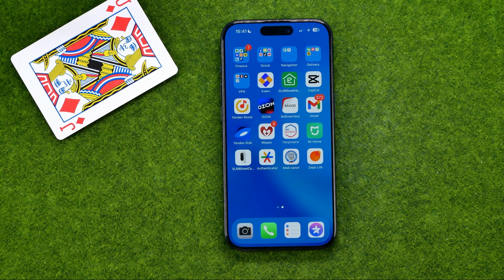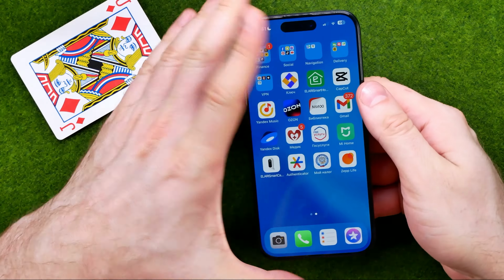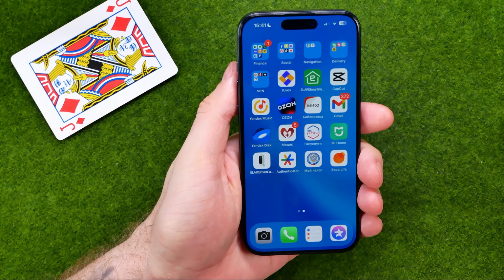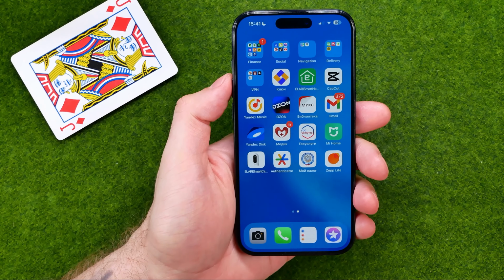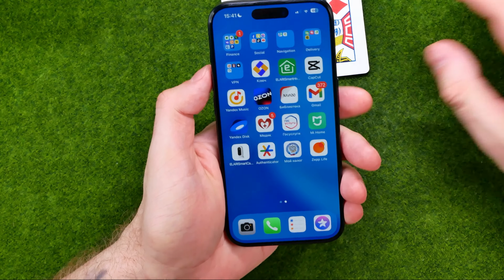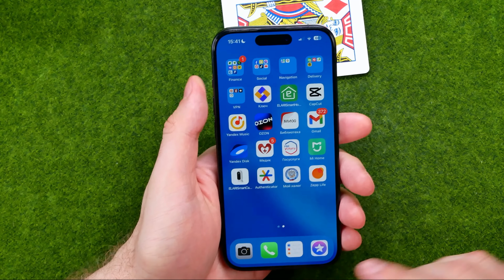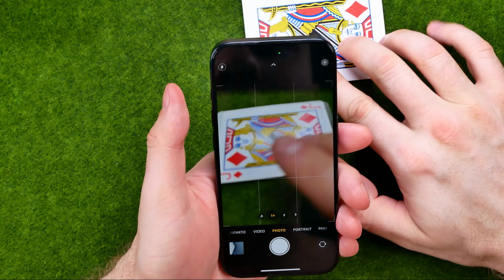In this video I'm going to show you how you can easily activate macro mode on a camera on your iPhone 15, 15 Pro and 15 Pro Max. Be sure to watch the video to the very end so you don't make any mistakes. Let's get started, and first off just open up Camera app,